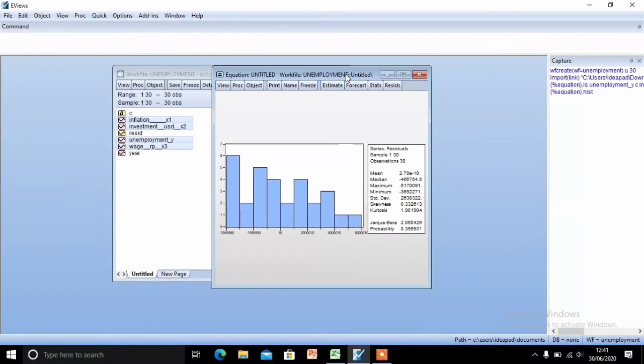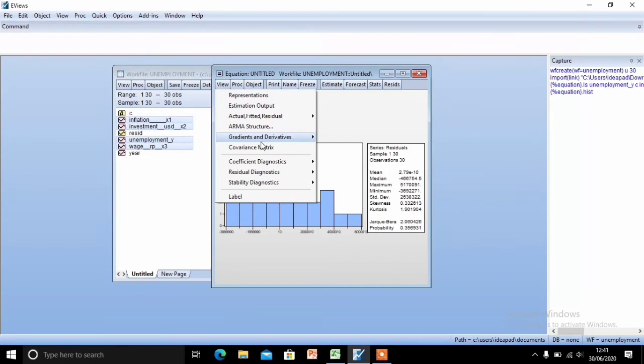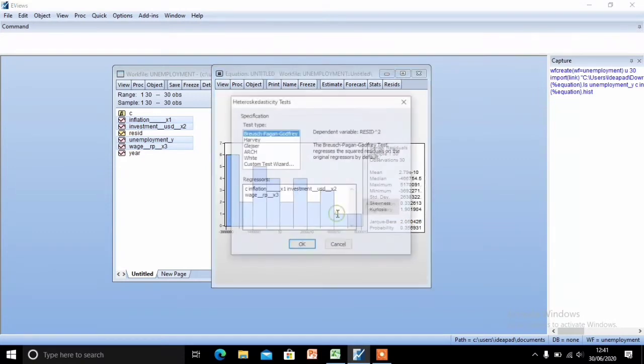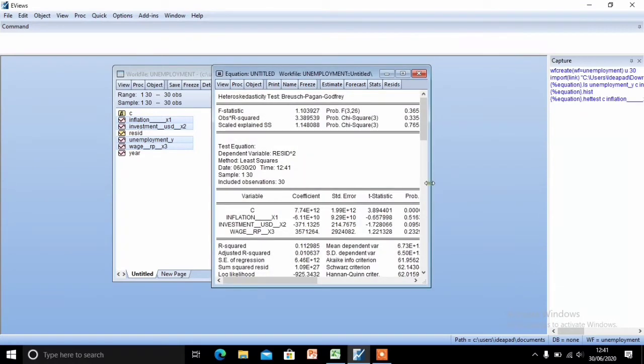To check the heteroscedasticity test, same as normality, just click View, then Residual Diagnostics and click Heteroscedasticity Test. Click OK. So this is the result.